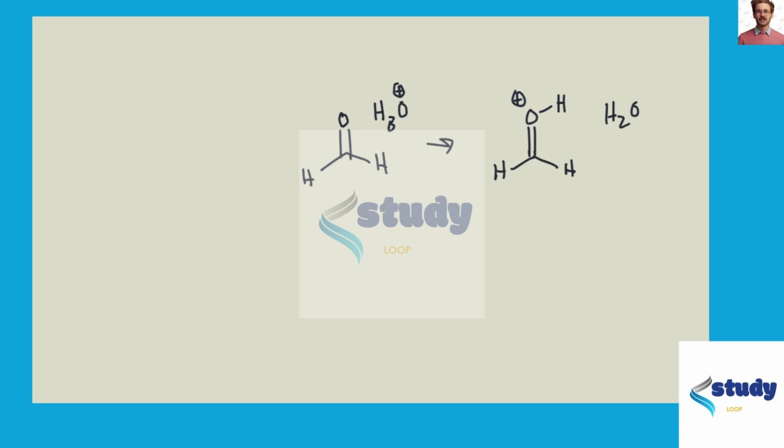Well, I think it'll be important, or at least helpful, to consider what bonds are forming and what bonds are breaking. So what we're going to do is draw in the lone pairs on formaldehyde, and then draw out our hydronium. And note that what's happening is that we're creating a bond between oxygen and hydrogen and losing a bond between hydrogen and the hydronium oxygen. Right? So what we should then therefore expect is that this lone pair, the formaldehyde lone pair, should be donating